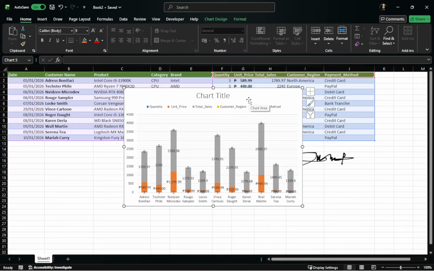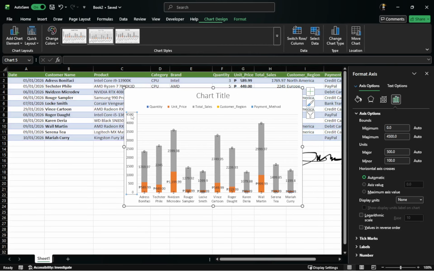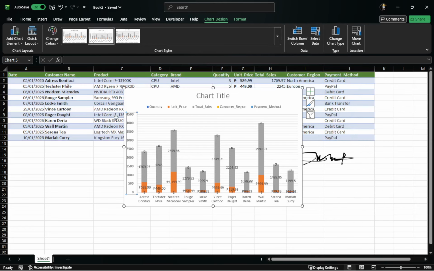Now click on the y-axis, the vertical numbers on the left side of your chart. When you click correctly, those numbers will show small selection markers, and sometimes the whole axis line becomes highlighted. If something else gets selected, like the bars or columns, just click again carefully on one of the numbers on the left until only the axis is outlined.